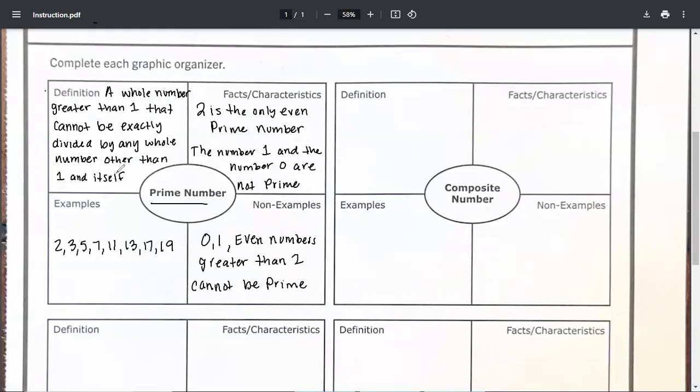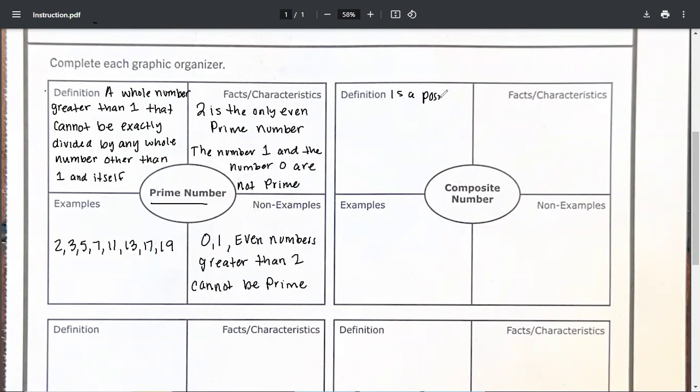Okay. So this is your Venn diagram, your graphic organizers for prime numbers. And we're going to do that for the next one, which is composite numbers. These are the two types of numbers that we have. We either have prime numbers, which are all the numbers that you can only multiply by 1 to get itself, or composite numbers. Now, the definition of composite numbers